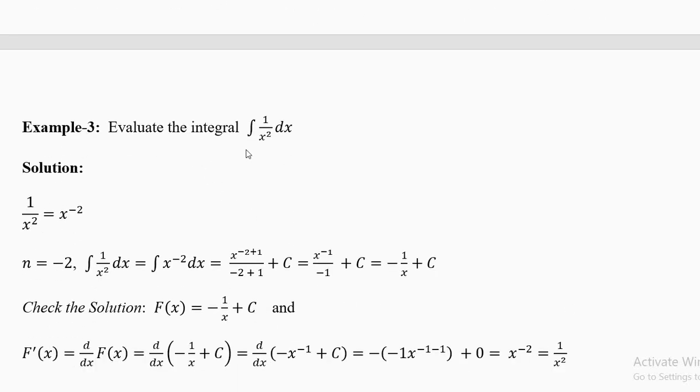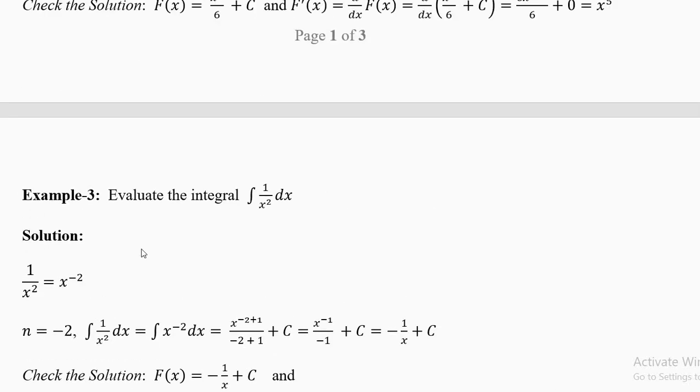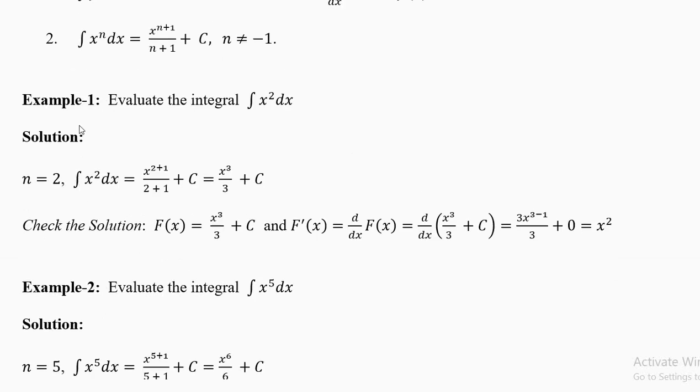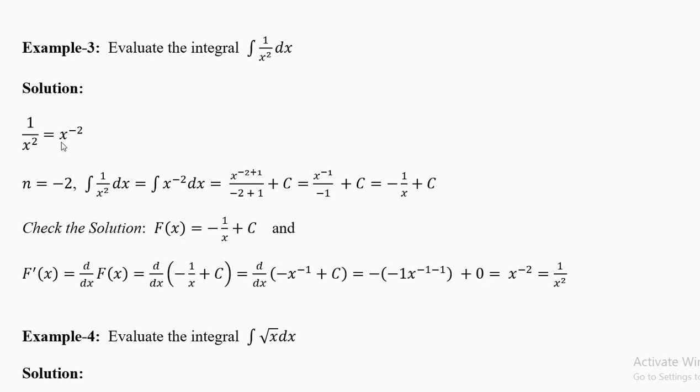Now evaluate the integral of 1 over x square. Now how much is n? n equals minus 2. Look, the power goes up. It will become minus 2. We have discussed these powers before in the last semester. 1 divided by x square is x power minus 2. First decide how much n is. Look, in the first question, n was plus 2. We did not write the plus. Here it is minus 2 and we have to write the minus 2. Whenever minus is there, please write it neatly with a dark pen, not pencil.